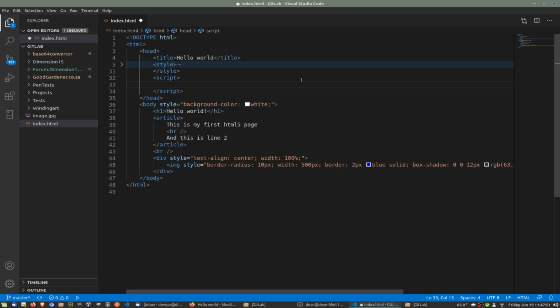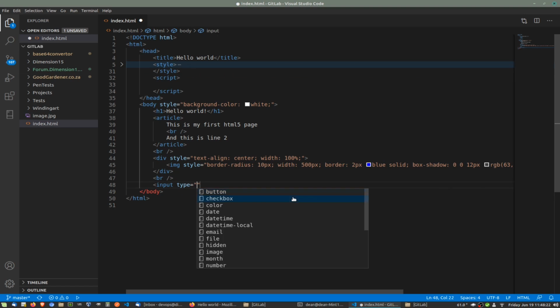But okay, so we're going to have some JavaScript and we want a function. JavaScript is a programming language, all right? And we want a function to call from a button. So let's say, for instance, under this image, let's just put a break here again. Or you can put in a new article or a new paragraph or whatever. Let's put a break in there, and then we have input, okay? And we say type equals button, all right? And then there's another attribute, onclick. It must run the JavaScript function called